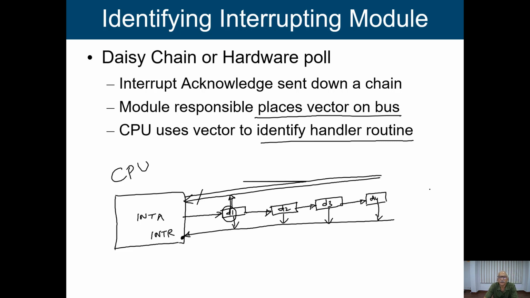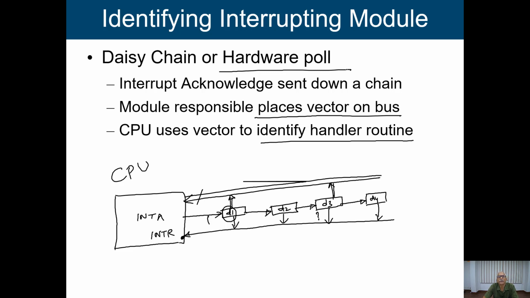Now in this particular case, whoever has raised the interrupt captures the interrupt vectors, the interrupt lines, and places the vectors in this path. Secondly, this is the way we are going to identify the devices which are giving the interrupt. Here we use a hardware arrangement to pass the acknowledgement from the first device to the second device. Then we have a hardware circuit to pass it from device 2 to device 3, like that. So that's why we call it a hardware poll.